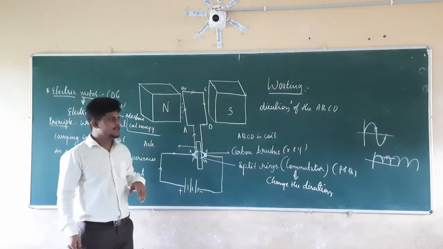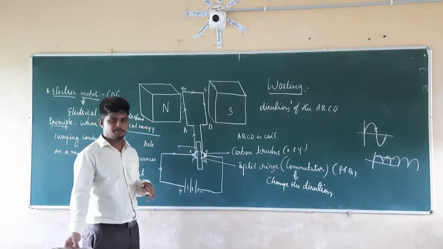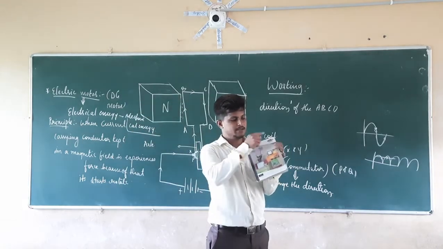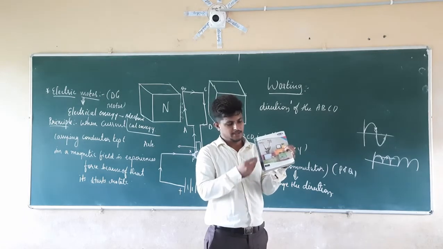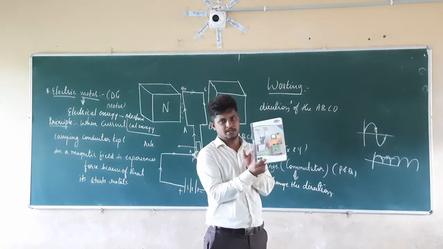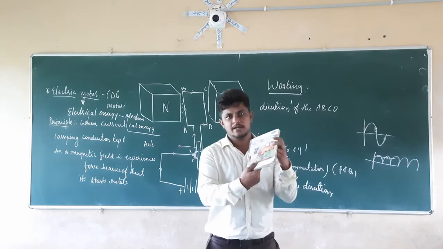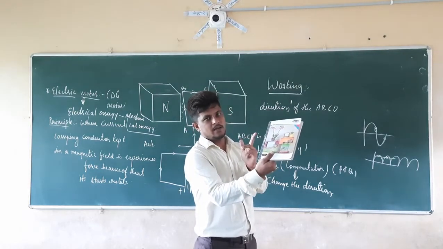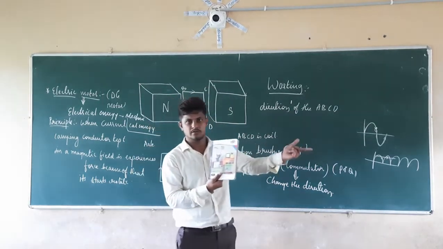So if we apply Fleming's left hand rule here, take this A, B, C, D. So the current direction is from AB like this in the upward direction. Right, upward direction. At the half rotation, if we apply Fleming's left hand rule, what is going to happen? This is the rectangular coil. See here. If I apply Fleming's left hand rule, in this case it is the north direction and in this case it is the south direction.